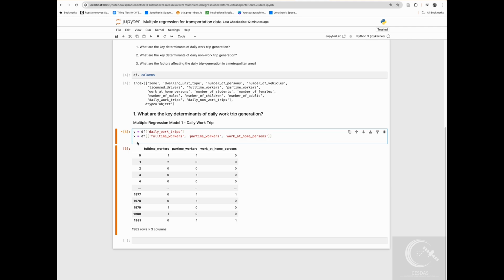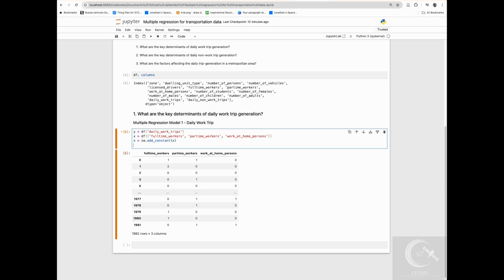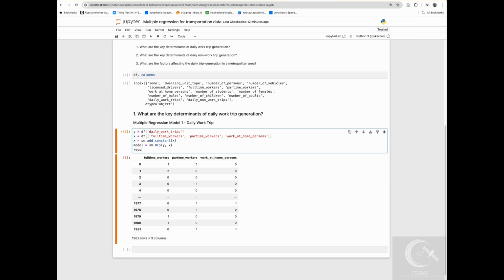So to do that, let me create the bias term using the statsmodels library, and you can do that by using the function add constant. It should add automatically. Constant, and this is based on the x values. So I'm going to create a constant or a bias term, and then I create a model that I'm going to fit on my data set. So the model is going to be sm.OLS, the linear regression model, and it takes in the y value, which is the dependent, and then the x value with the bias term, and then fit into a variable called results. So I'm going to do model fit,